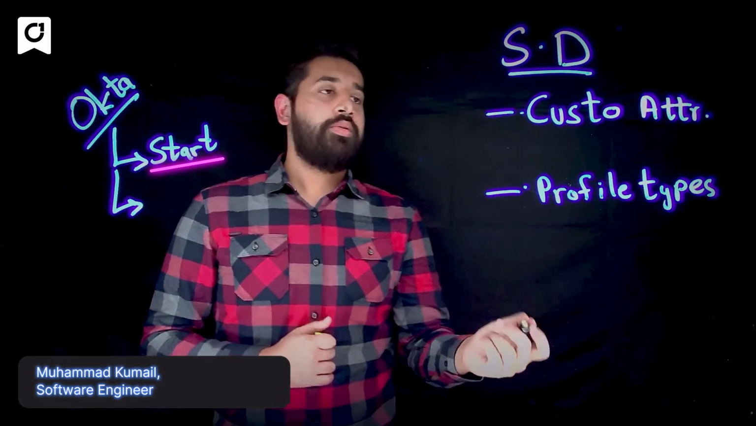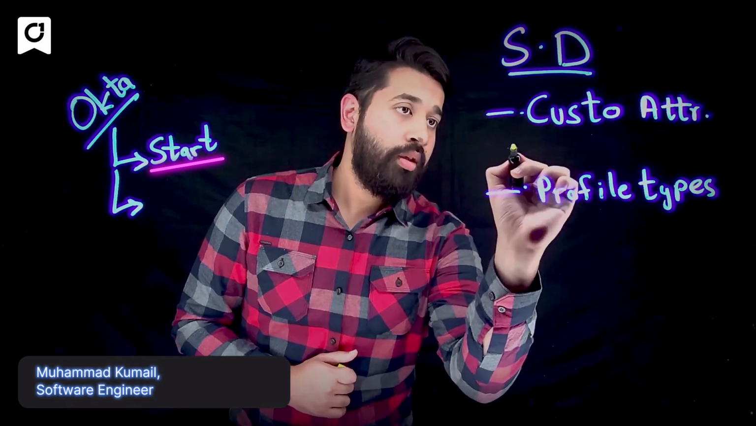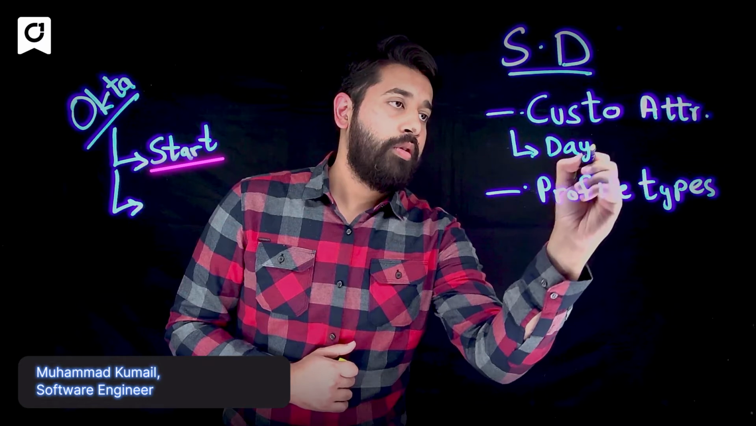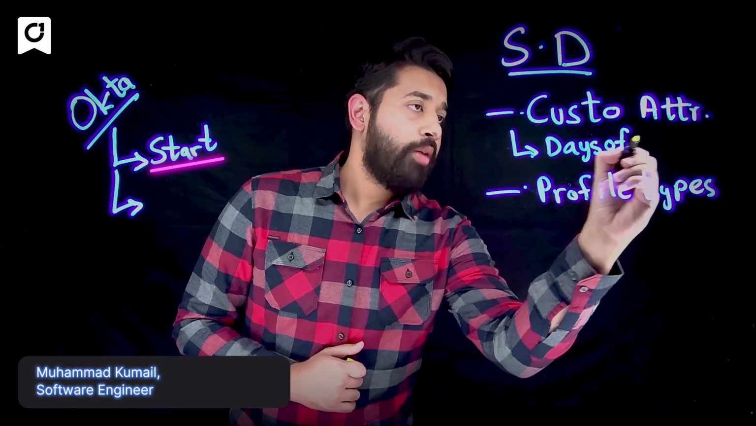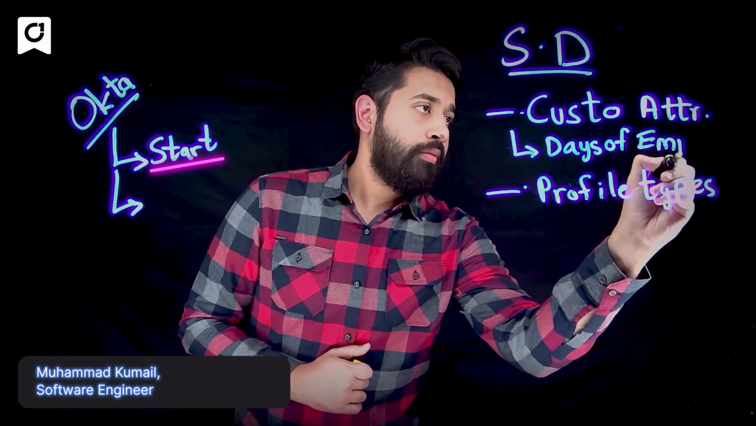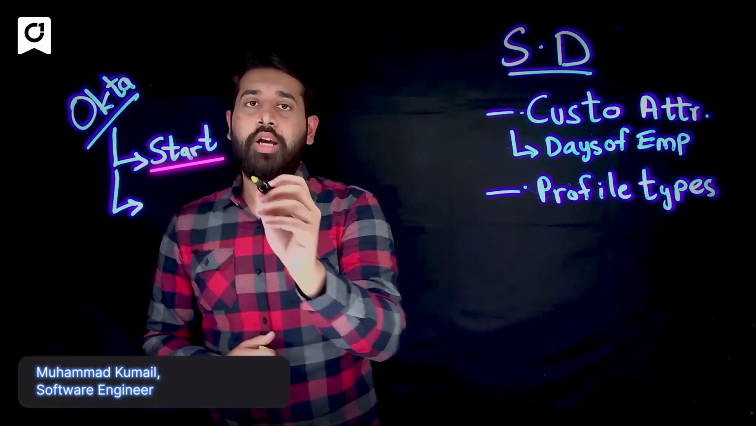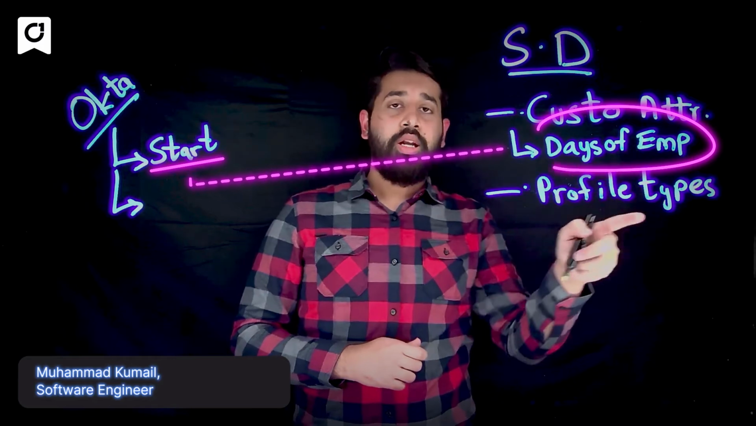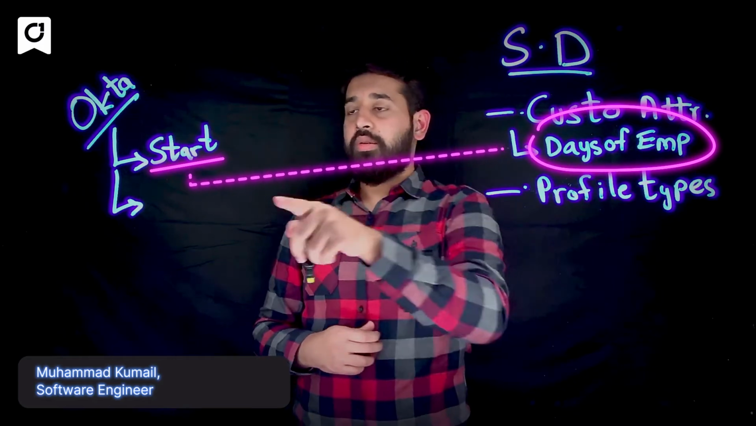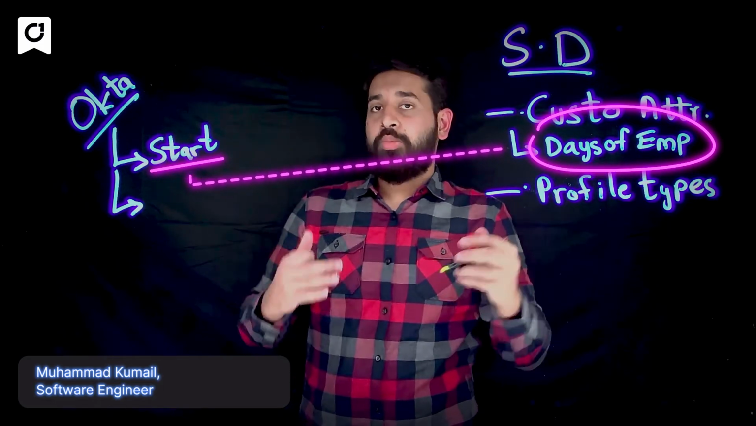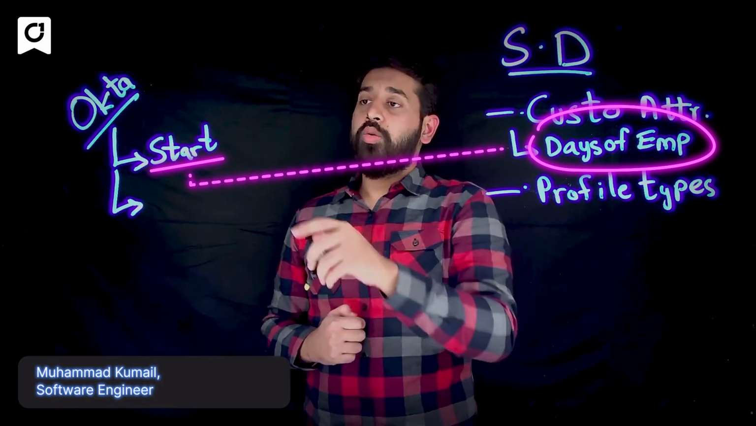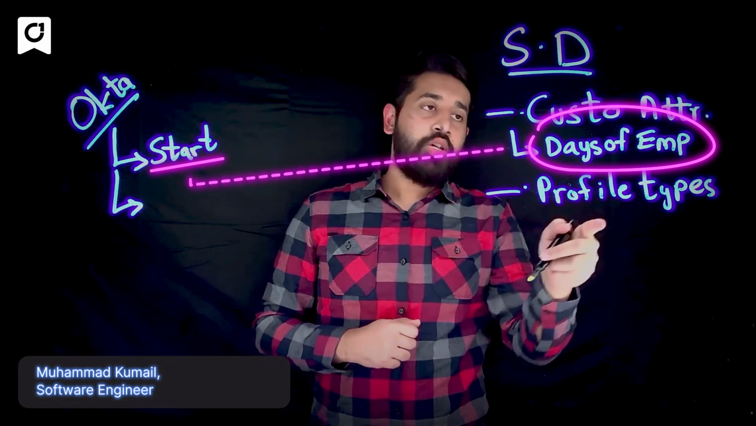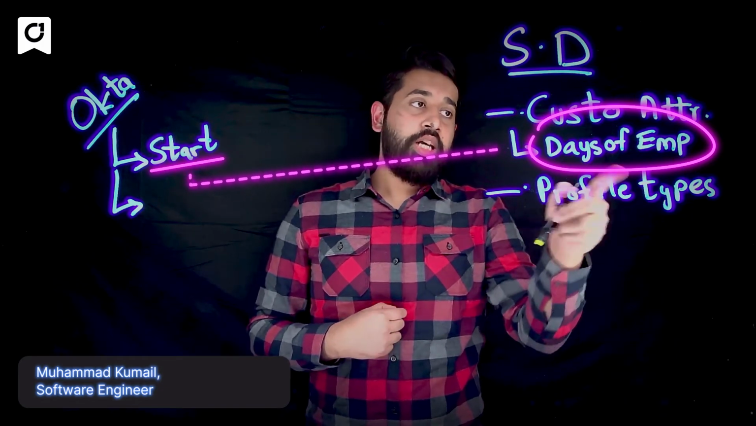What we're gonna do is create a custom attribute called days of employment. And we're gonna use the start date to calculate the number of days of employment. What our system does is that every time we run a sync, we assume that attributes can change, right? So we would get that start date, extract the information, and use that to calculate the days of employment of